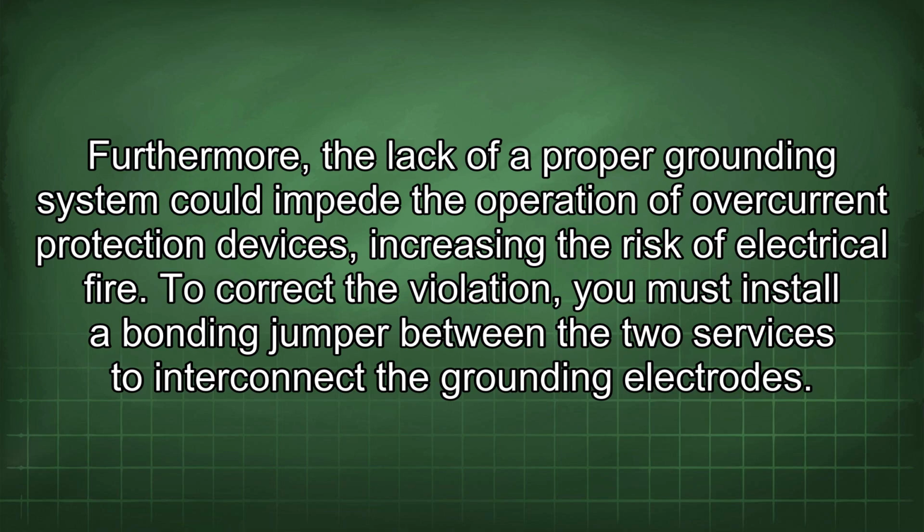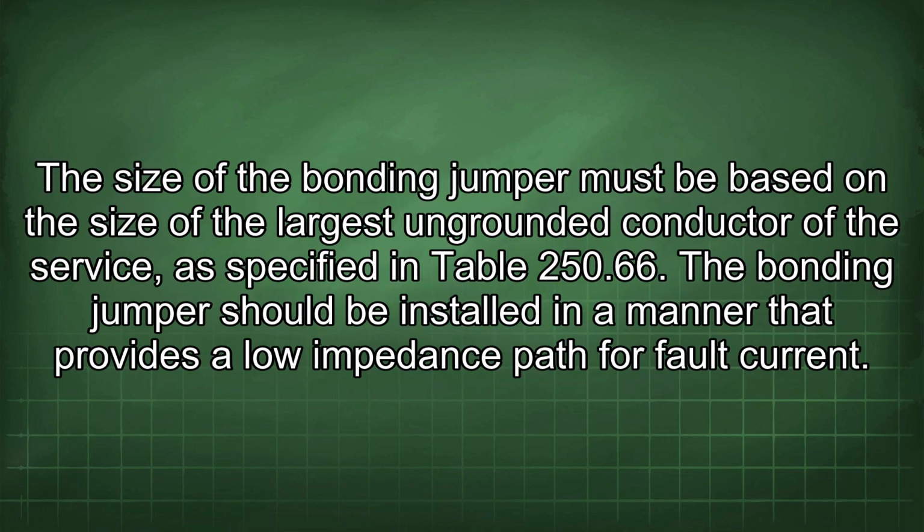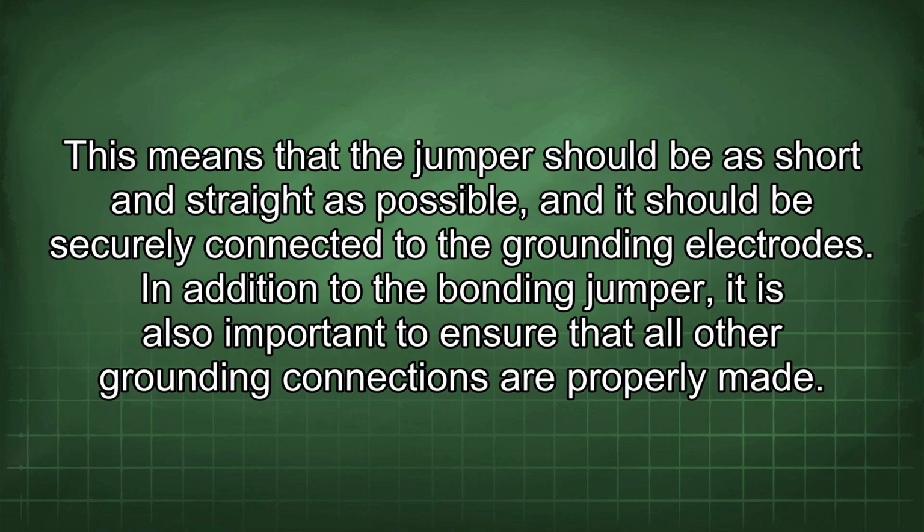To correct the violation, you must install a bonding jumper between the two services to interconnect the grounding electrodes. The size of the bonding jumper must be based on the size of the largest ungrounded conductor of the service, as specified in Table 250.66. The bonding jumper should be installed in a manner that provides a low impedance path for fault current. This means that the jumper should be as short and straight as possible, and it should be securely connected to